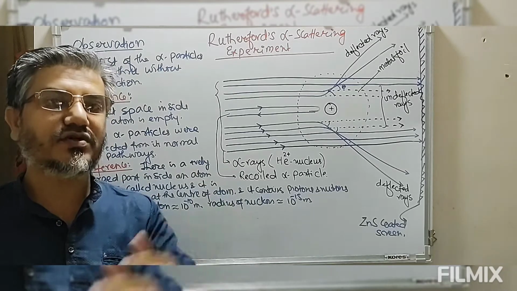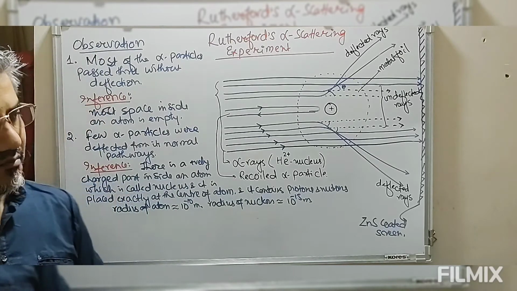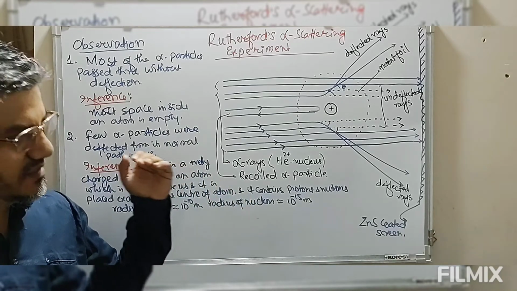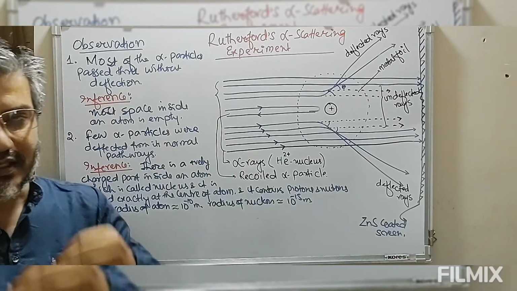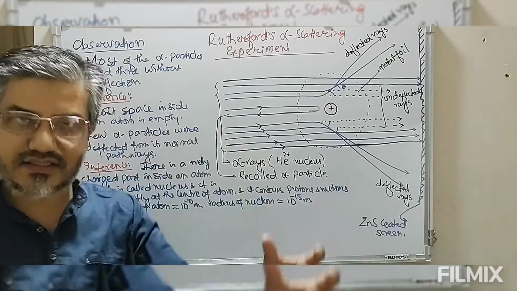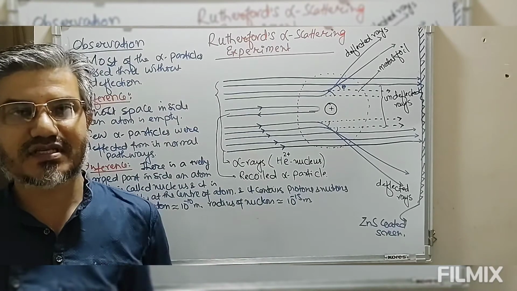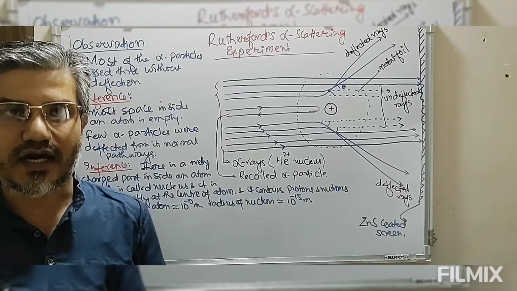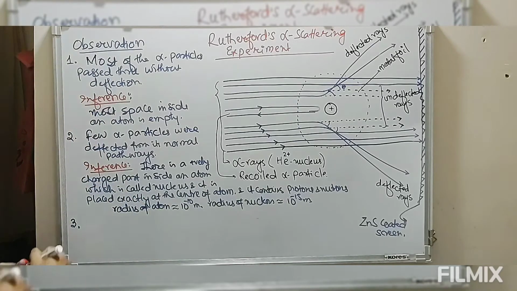Whereas the earlier theory says mass was uniformly distributed, this experiment says that since very few alpha particles were found to recoil along their path, this could be due to the nucleus being highly rigid, and the possibility is that the entire mass of the atom is concentrated inside this highly rigid, centrally placed nucleus. So the third observation is